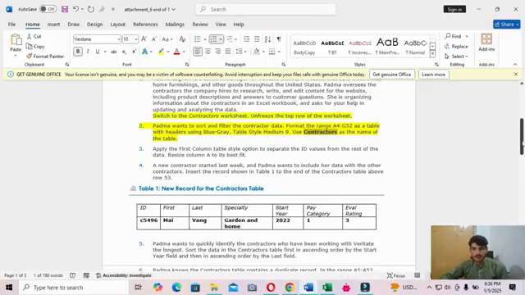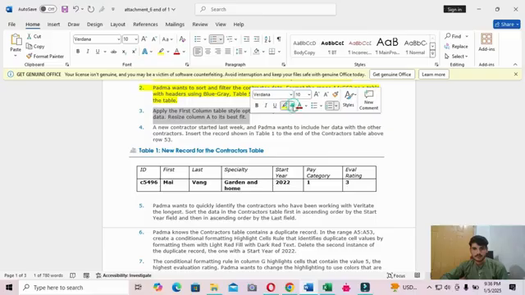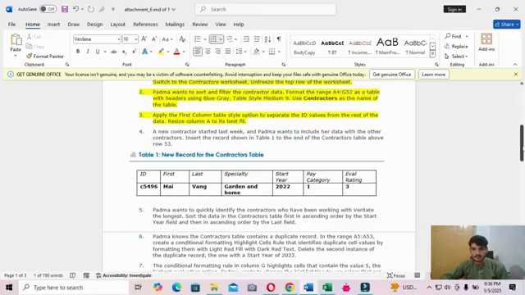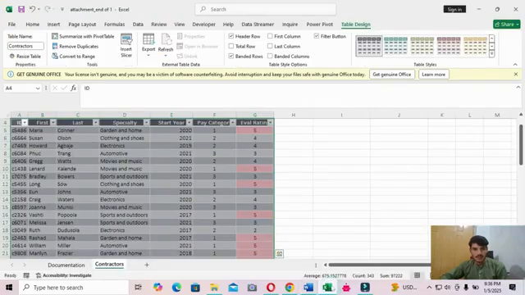Okay, next step, Step 3. Apply the First Column table style option to separate the ID value from the rest of the data. Resize column A to best fit. Okay, go back to the Excel sheet and select the column.